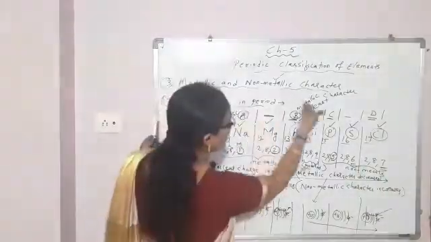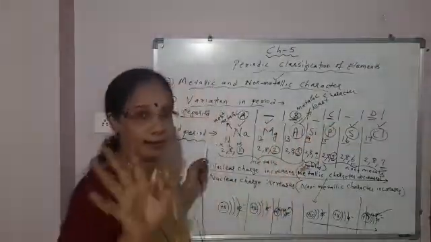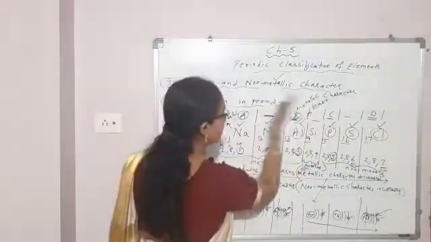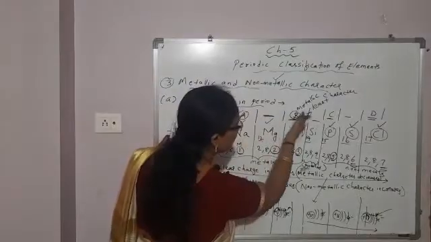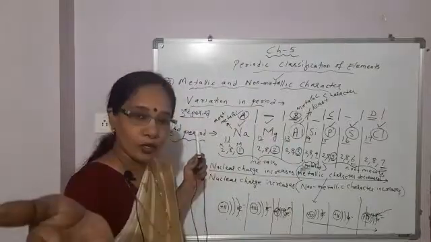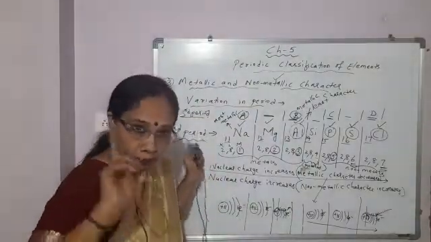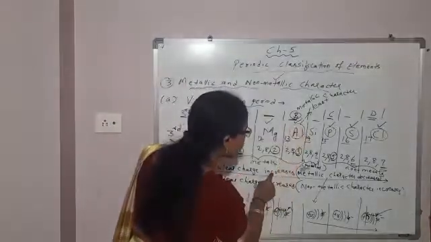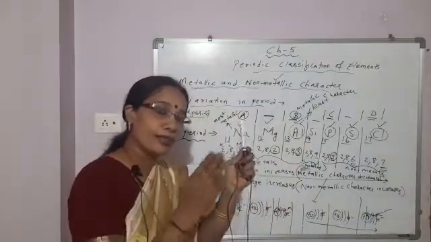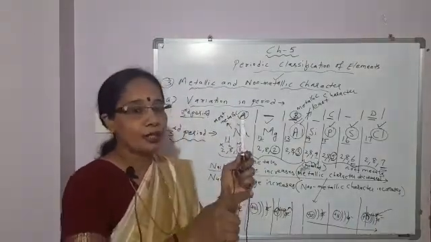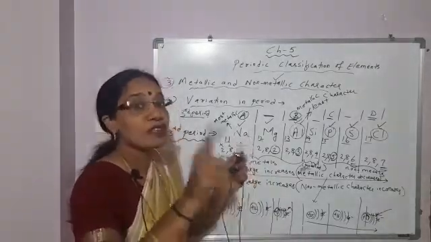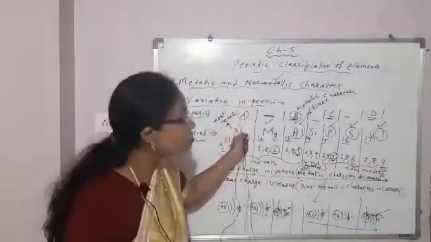Out of this A, B, C, D, first you will find out which are the metals. Which are the metals? Which are on the extreme left, the first three elements. So A and B and this, first, second, third. These three elements will be the metals. So A and B are metals here. And metals, what do they do? They lose electron and form positive ion. But as you move from left to right, nuclear charge increases. When nuclear charge increases, force of attraction between nucleus and electron in the outermost shell increases. So tendency of the element to lose electron and form positive ion decreases. So which is the most metallic? A. A is the most metallic, element A.